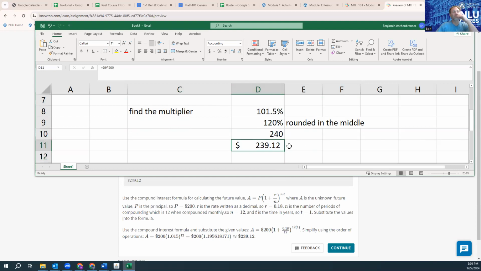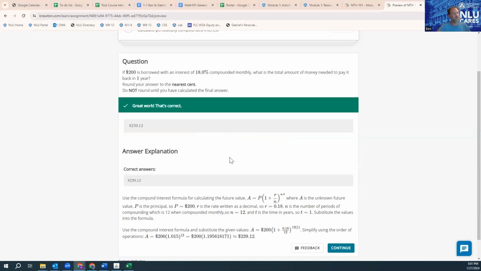So there are some places where the difference can be really exaggerated. Like when I do this and it doesn't divide evenly. There's a bunch of decimals and there's some rounding, and then I do a pretty short rounding, and then there's a big exponent, and then all of a sudden it's a wildly different answer. I could show you that if you're interested, but for now I think that's enough on Knewton and approaching these